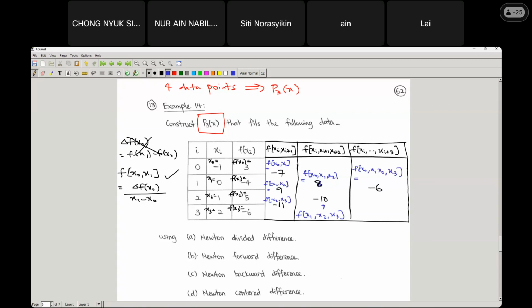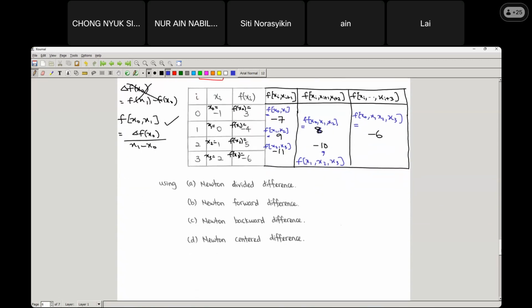Okay? So now, how are we going to use the Newton divided difference? First of all, make sure you write down the formula. So for the Newton divided difference, the formula will be, I write here. Pn(x) is equal to f[x0] plus f[x0, x1] times (x minus x0). And next we plus